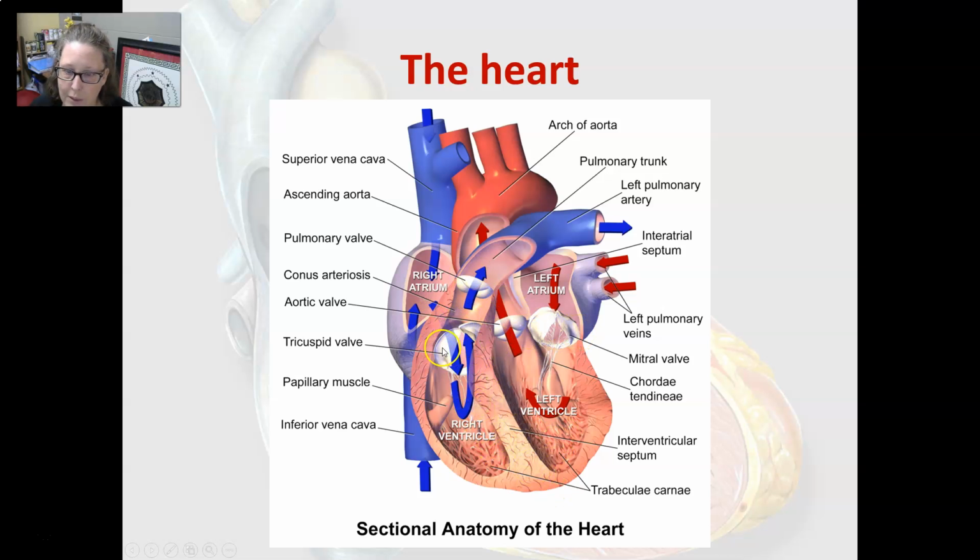We have valves we're going to look at, and we're going to describe all of these and go back over them, but just for quick anatomy, we have the vena cava, so superior and inferior vena cava, to the right atrium, through the tricuspid valve into the right ventricle, out the pulmonary valve, through the pulmonary arteries to the lungs, from the lungs back through the pulmonary veins to the left atrium, through the mitral valve into the left ventricle, through the aortic valve into the aorta, and through the arteries to the rest of the body, and then we go to the capillary beds and come back through the vena cava.